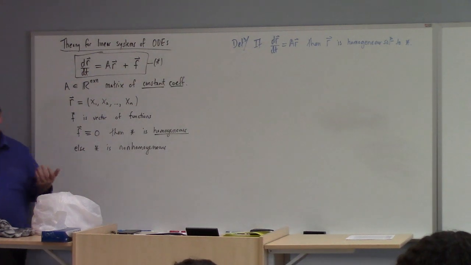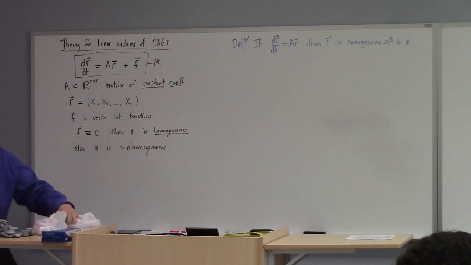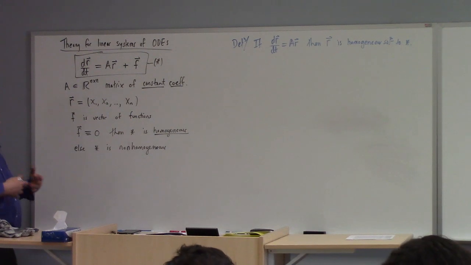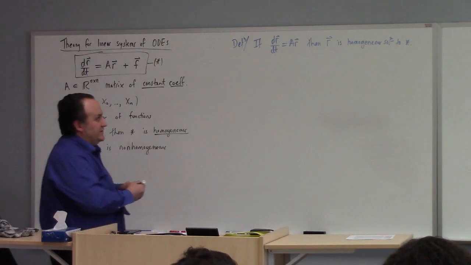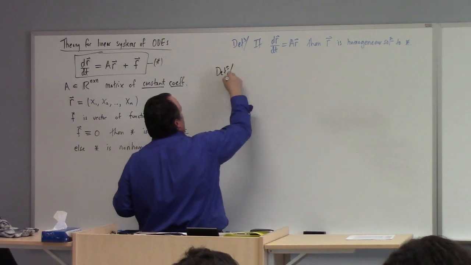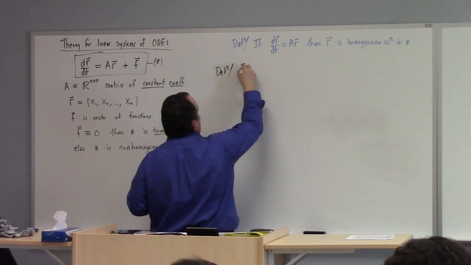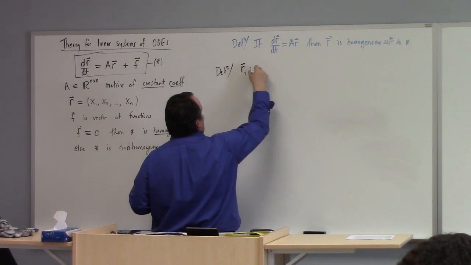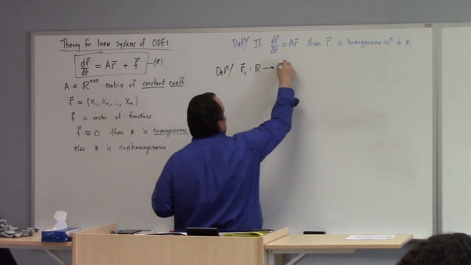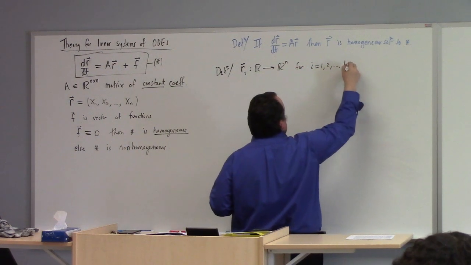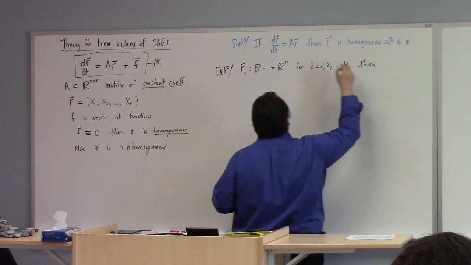And so what we want to describe is that for this nth order problem, we're going to build the solution from n independent homogeneous solutions, and then also a particular solution. So this kind of sounds familiar, doesn't it? So first of all, we need a definition. So suppose we have R sub i mapping from, let's say, R to R^n for i equals 1 to, say you got k of them, then if